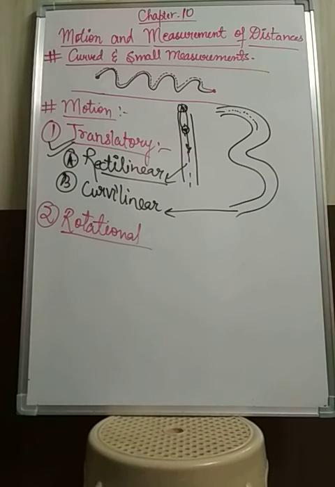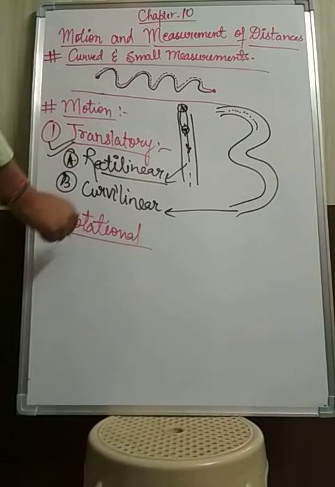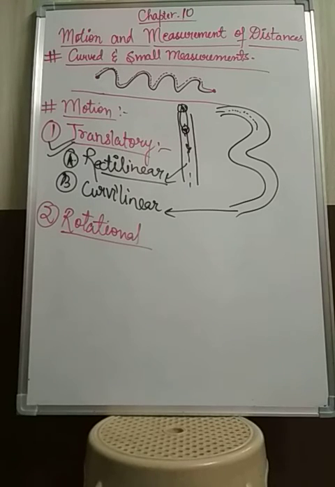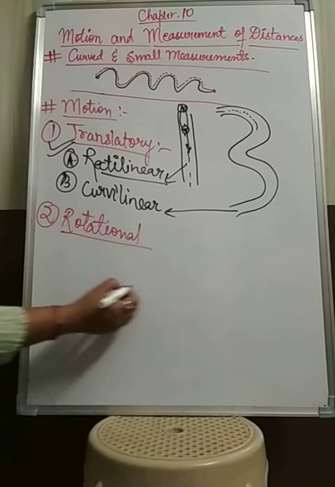Okay. So what happens under rotational motion? Here I told you that the whole body is moving with the same speed. But what happens under rotational motion? The motion in which a body moves around an axis, and different parts of the body cover different distances in a given time interval. So the best example for the rotational motion is a fan.